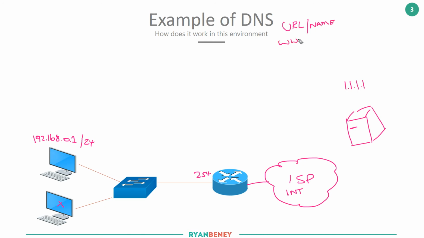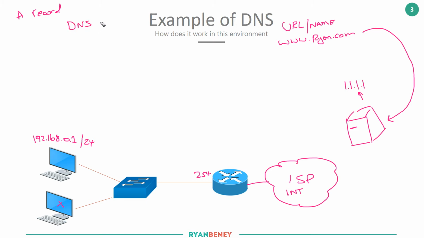Let's say it's www.ryan.com. So that's the URL, and ryan.com is hosted on this server, and this server has been assigned this public IP address. So what we've done is we created an A record, and that A record is stored on